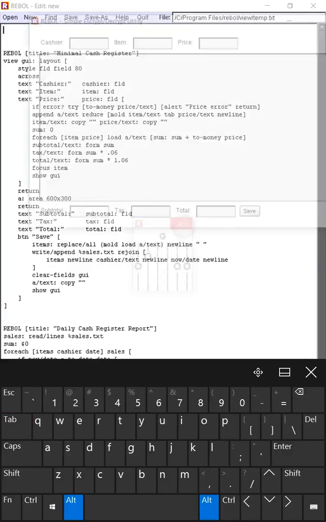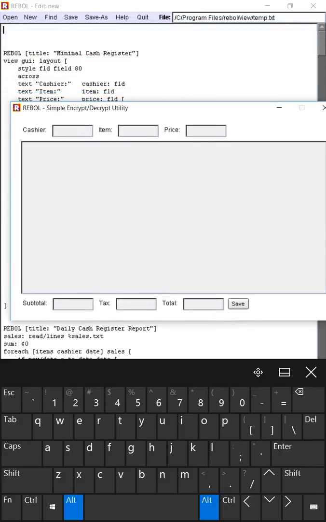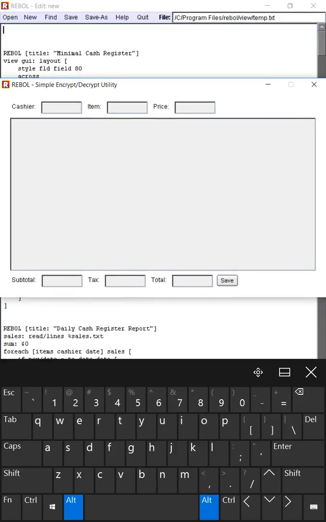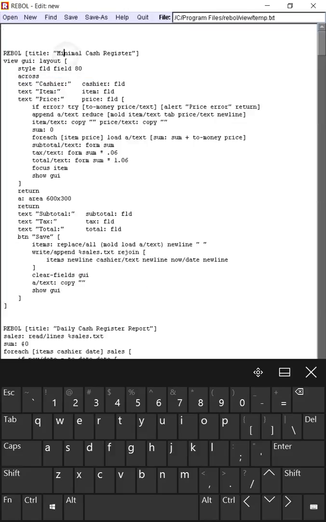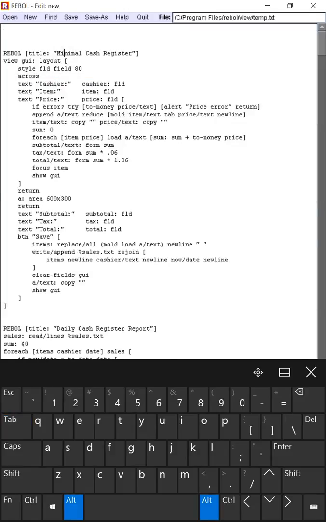So, close that one. This says simple encrypt utility because that was the title that was currently at the top when I ran this set of programs. But if you run this here, we'll see, again, it uses the title of whichever is put in that little title section. Okay, so we're going to run